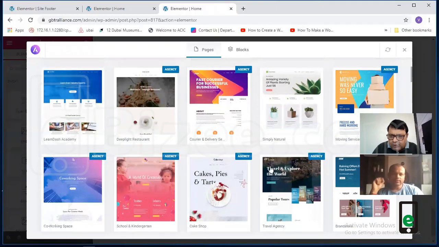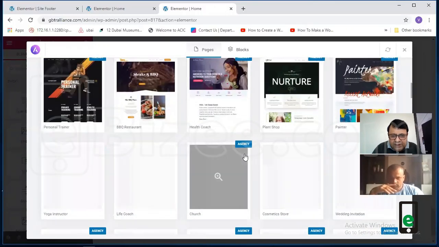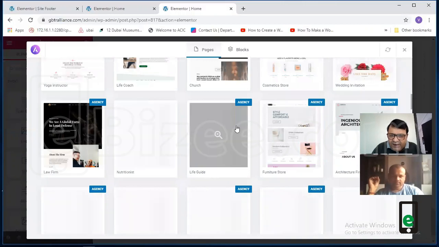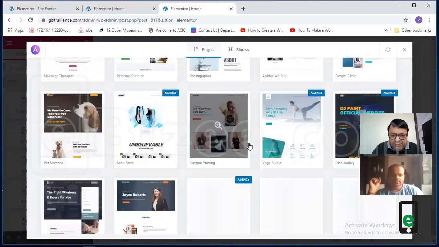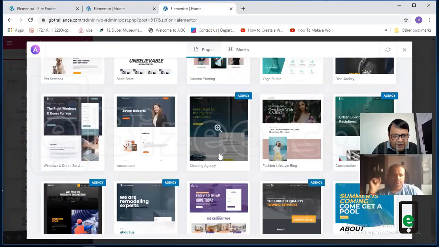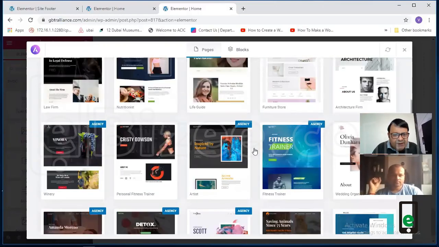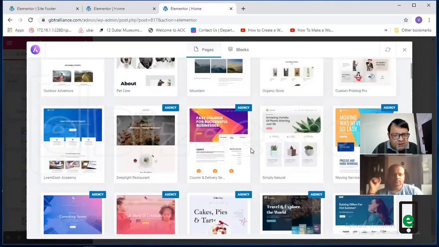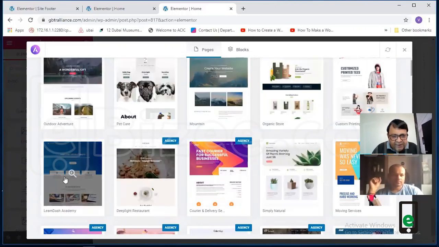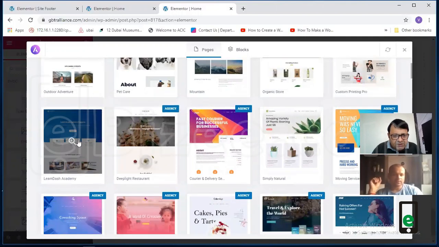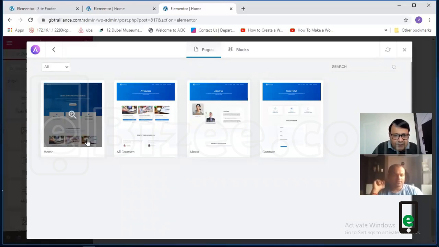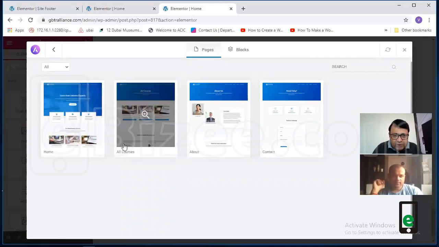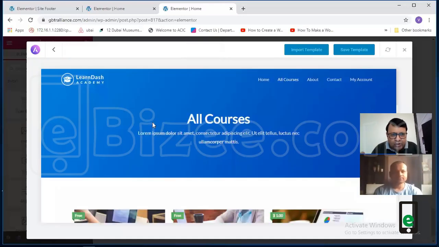But what will we do? We will use the page, and we will delete what we don't need. We will include the whole page, but we will delete what we don't need. Let us see what we can do. So let us go to this page, Learn-Academy. We will use this Learn-Academy. Here we want to use all courses, for example. Fine. So I will use all these courses.